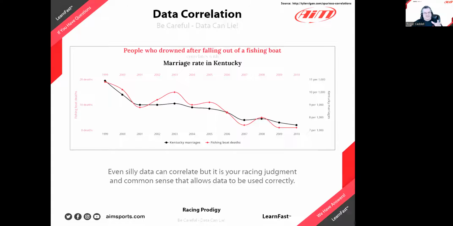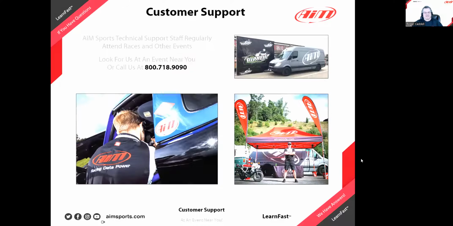So be careful with the data. It is a powerful tool, but it can take you down some roads if you force it to go where you want it to go. So be careful with that. As you get into this sport a little bit deeper and you start using AiM a little bit more,